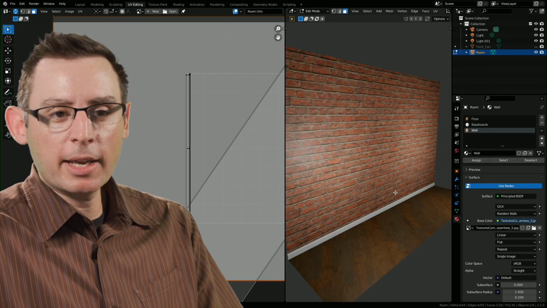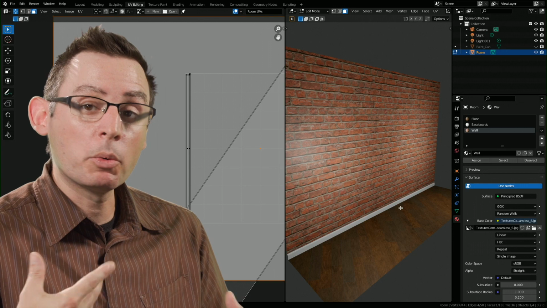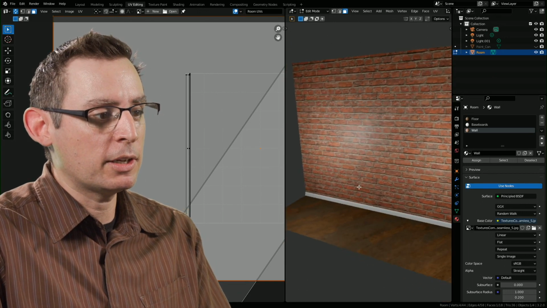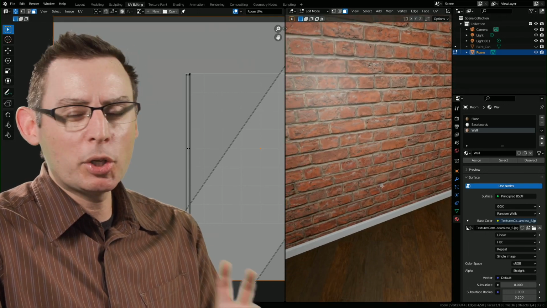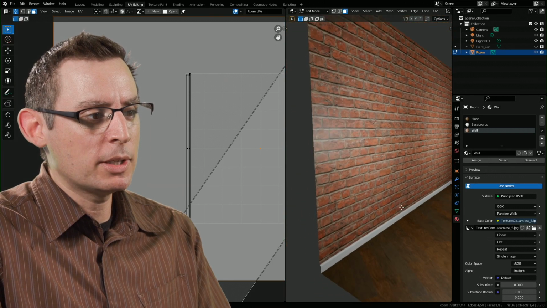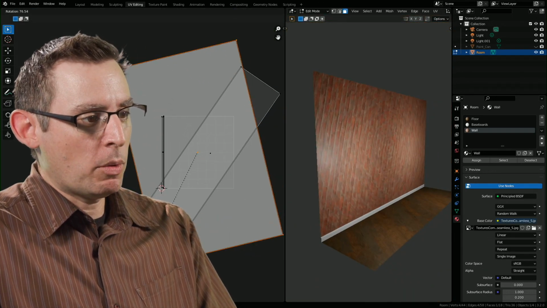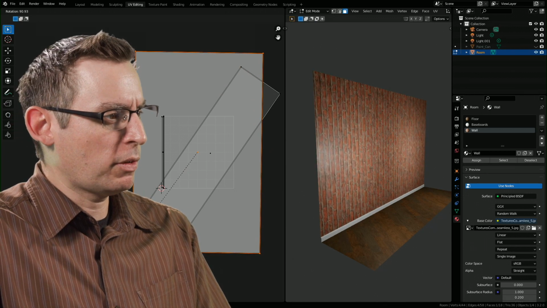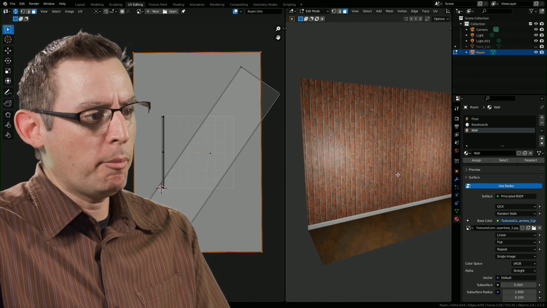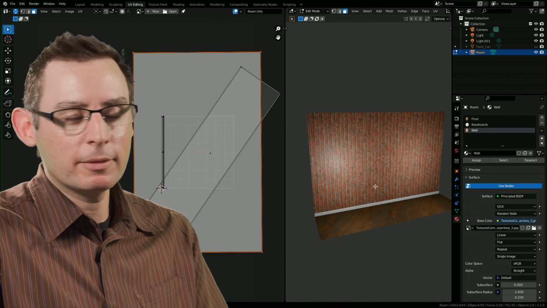Awesome. I do the exact same thing with the baseboards. The baseboards are so small that we're really not going to see the benefits of it here inside of this space. But you certainly could put an image on those baseboards and call it done. If I was to rotate that wall, maybe I want the bricks going up and down. I'm not sure if I've ever seen bricks going up and down, but maybe in this really cool space they are, which is kind of neat.